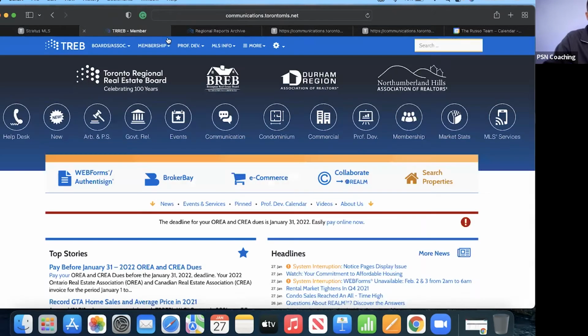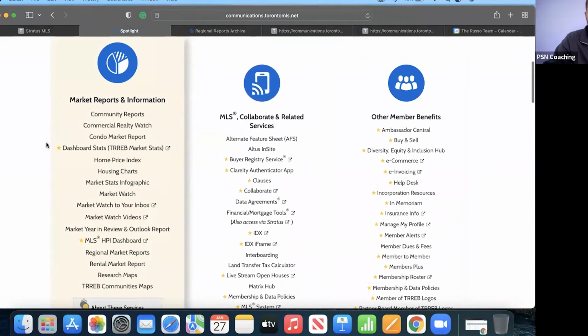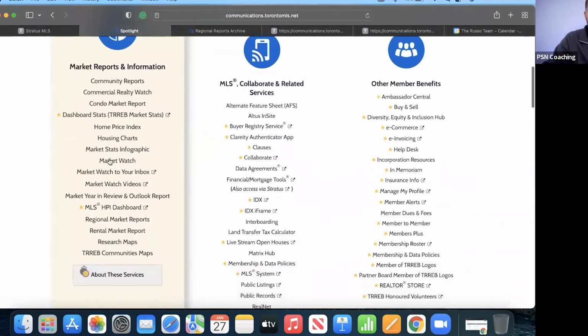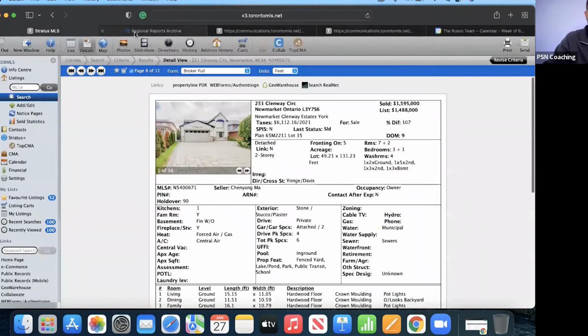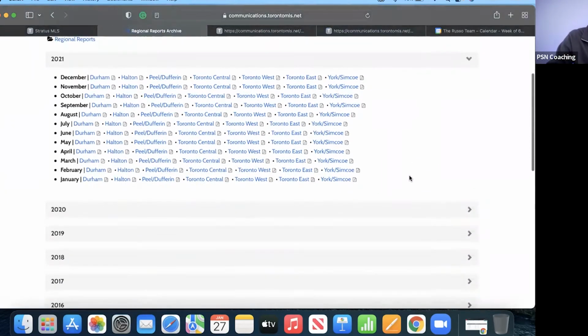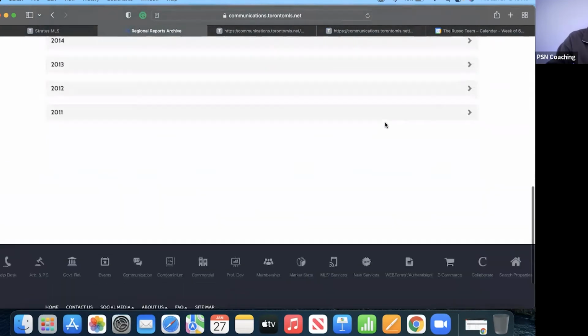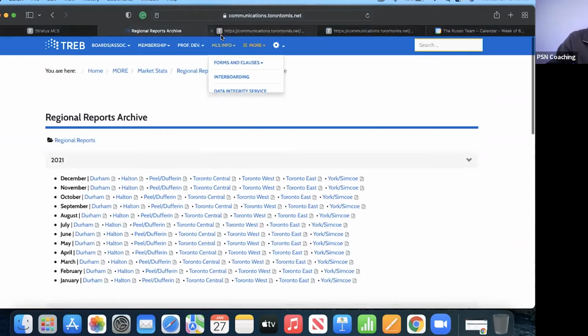So going over to TREB, in the login screen here, you can click at the top on market stats, okay? It's going to bring us over to these 3 sections here. So I go right to the market watch section, which is going to bring me in here. This shows me all of the market stats for all the areas that I trade within, right? And the best part about this is I can look it up for any time of the year. So this is 2021, 2020, all that great stuff. All the information's here. So I'm going to click on York Region,